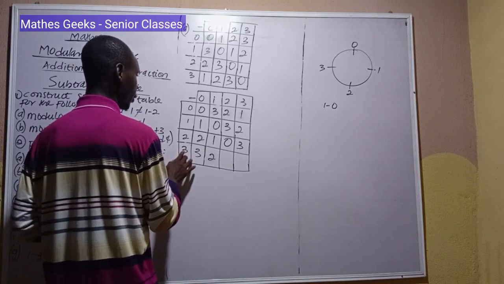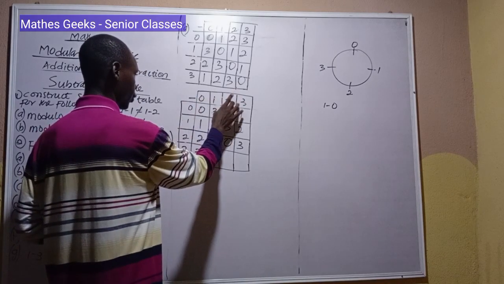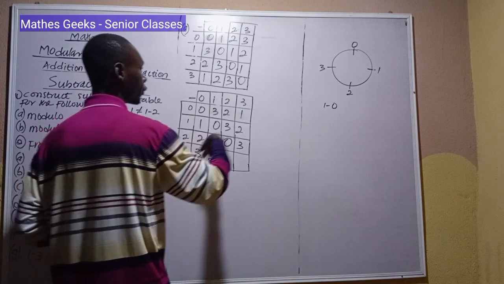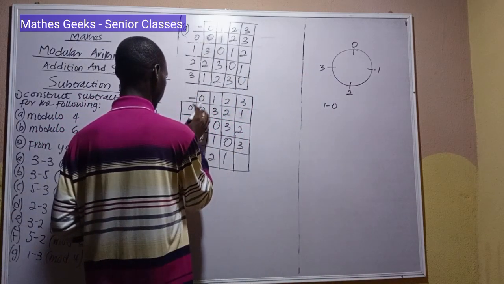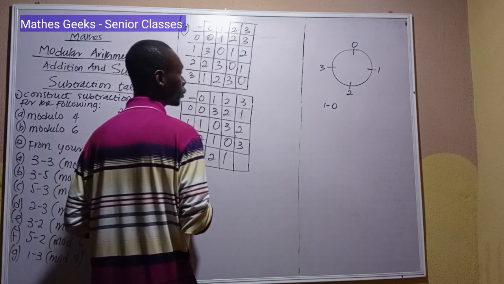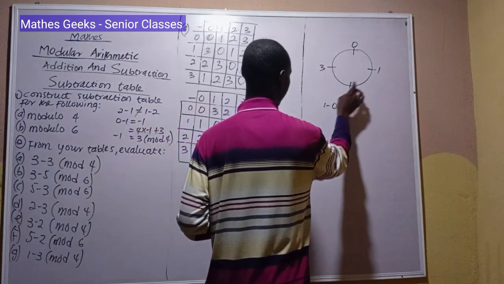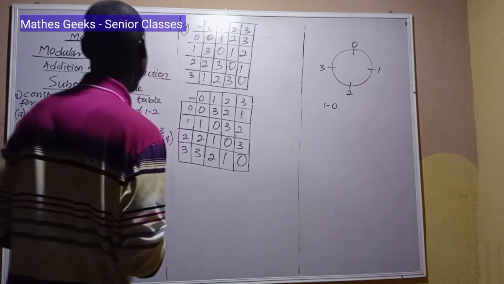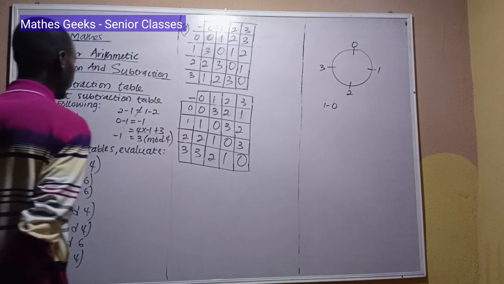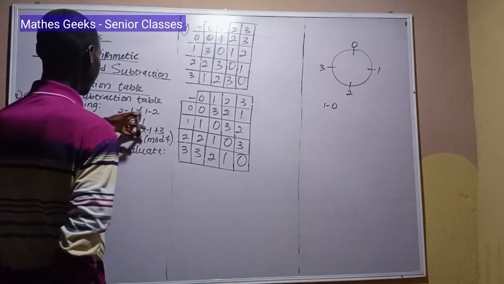2. 3 minus 2. That's from 3, 1, 2, 1. And 3 minus 3. 3 minus 3: 1, 2, 3. That's 0. So now let's compare. From our table here, we said 2 minus 1 is not the same as 1